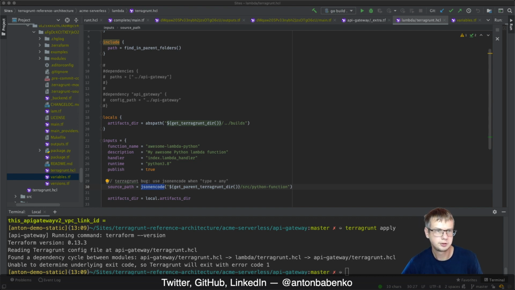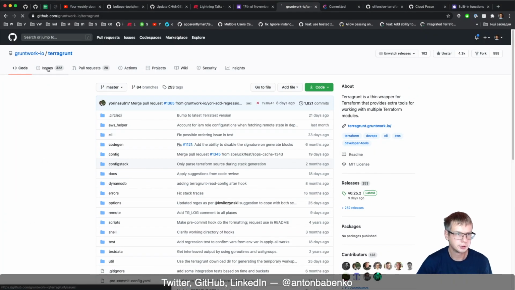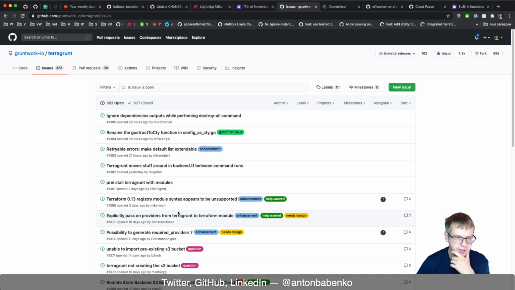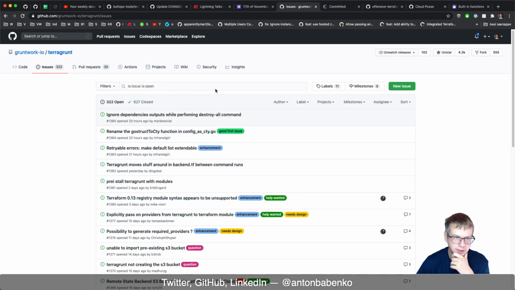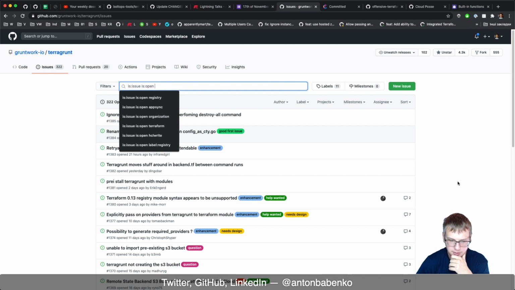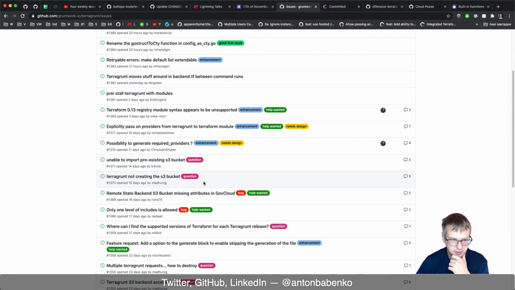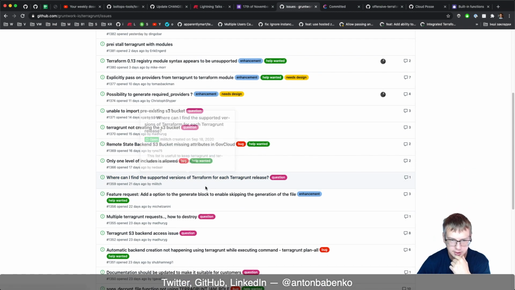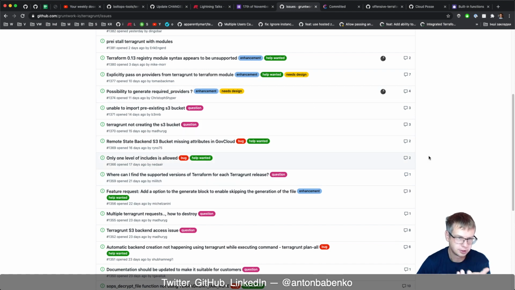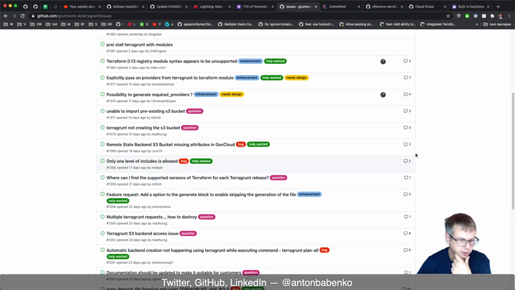I really encourage you to go to Terragrunt. Where is it? Terragrunt, here it is. If you go to the Terragrunt repository and go to issues, when you see something like that, you can just search for this problem or search for the error output which you have. There are a significant number of people opening issues when they find something not working, and sometimes it's not a problem with Terragrunt itself, but at least for me as a user, it's really helpful to go there and see what exactly is the solution